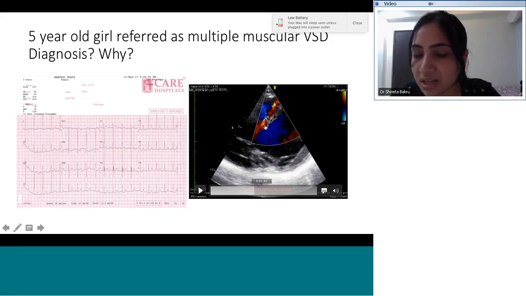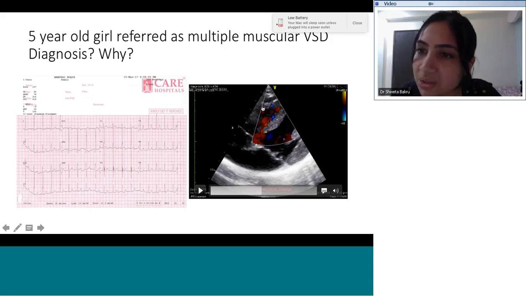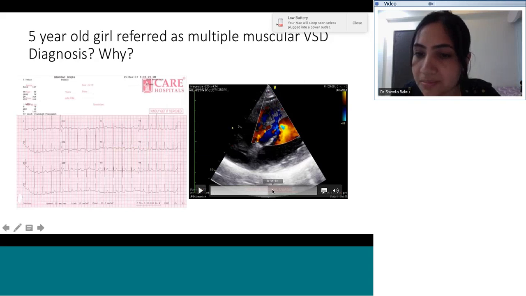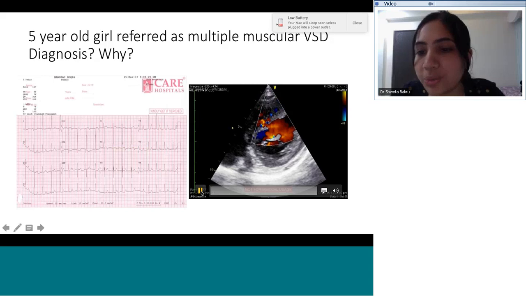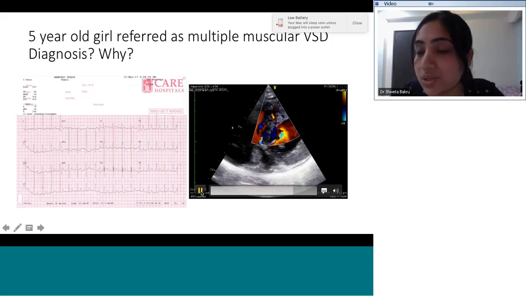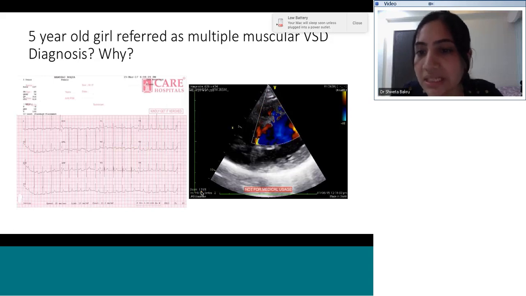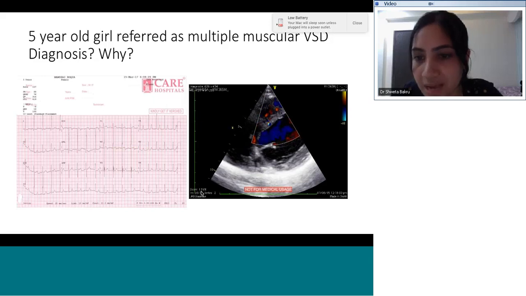Again, we can see that there is a color flow. But can you see a color flow crossing from the left ventricle to the right ventricle in any of these pictures? Again, this is on the interventricular septum. On the interventricular septum. So, to be honest, this flow is not during the systole. It is a continuous kind of flow which is happening.